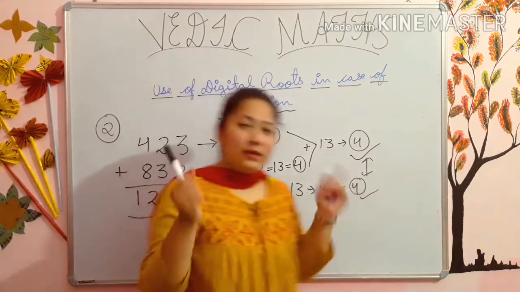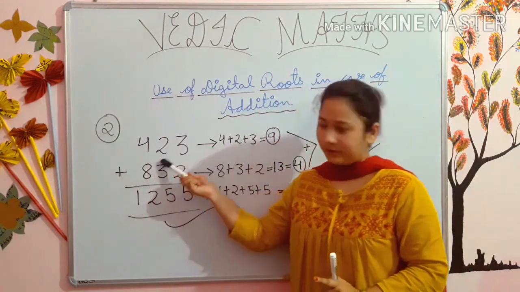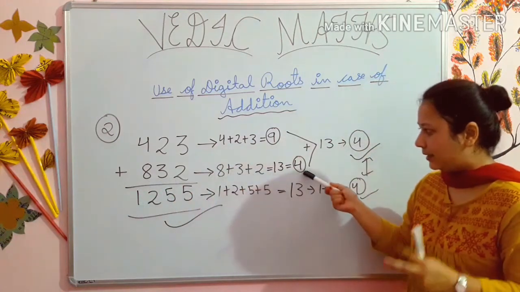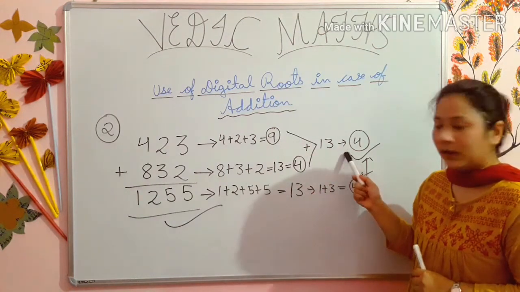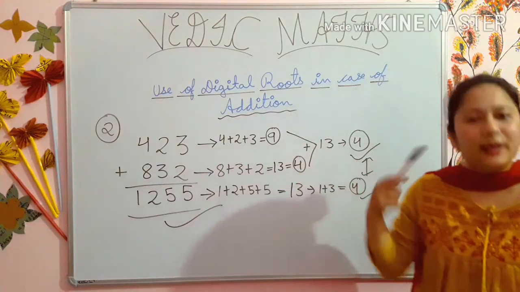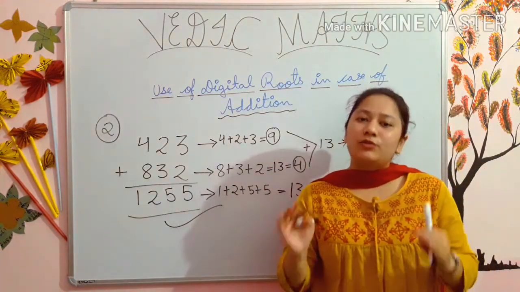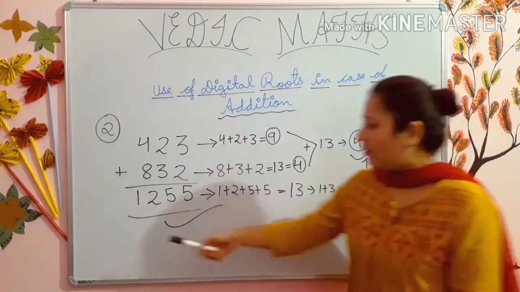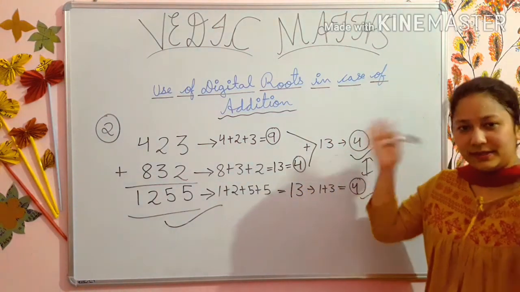Again I am repeating. What are the steps? The first step is you have to find the digital root of your first number. Then second step, you have to find out the digital root of your second number. Third step, you have to add them both. Now adding comes 13, but 13 is not a digital root, so you have to add it again and it becomes 4. Means the last number which should come, it should be between 1 to 9. So 4. Now find the digital root of your answer, and these both are same, so your answer is correct.